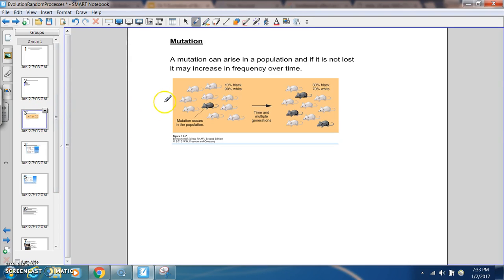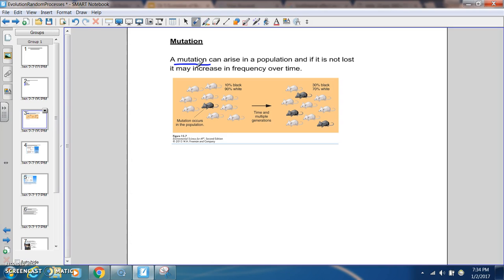The first one I want to go over is mutation. I'm sure you've heard of this before, especially in biology class, but a mutation is a change in the genetic frequencies of a population over time. It's actually a change in the genes over time and the relative percentages and ratios of those. A perfect example of this is the rock pocket mouse, which lives in the southwestern United States, and we'll actually do a lab on this,